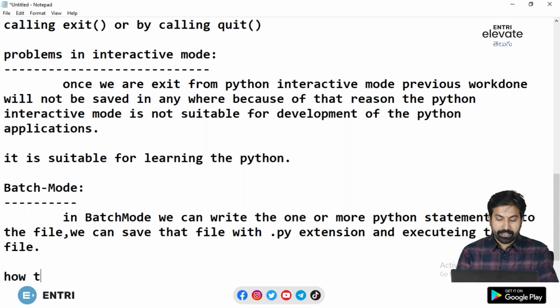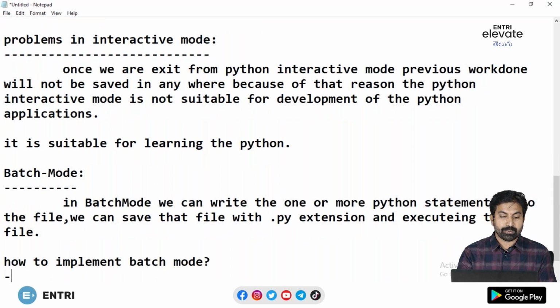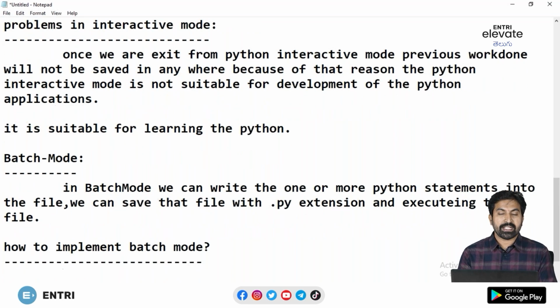హౌ టు ఇంప్లిమెంట్ బ్యాచ్ మోడ్. మనం బ్యాచ్ మోడ్ని ఎలా ఇంప్లిమెంట్ చేస్తాము అంటే, మనం బ్యాచ్ మోడ్ని రెండు రకాలుగా ఇంప్లిమెంట్ చేసుకోవచ్చు. ఒకటేమో ఎడిటర్ని యూజ్ చేసుకొని, రెండోదేమో ఐడిఈస్ని యూజ్ చేసుకొని. వీ కెన్ ఇంప్లిమెంట్ ద బ్యాచ్ మోడ్